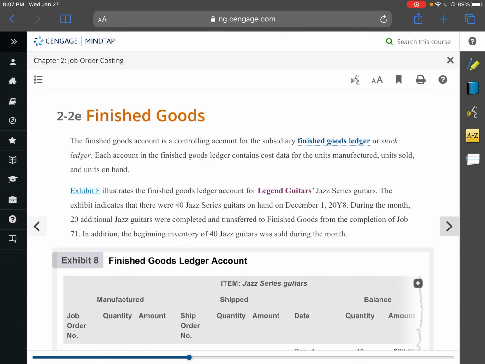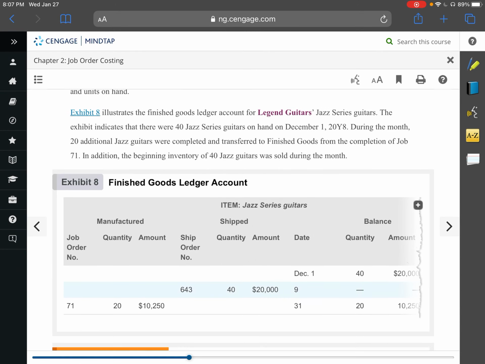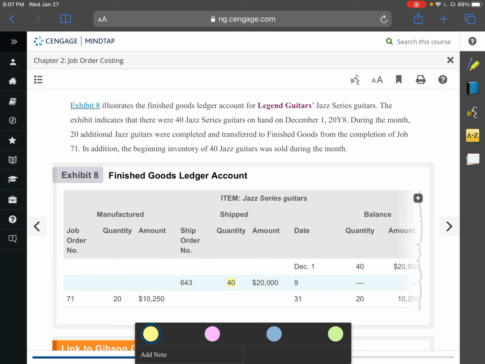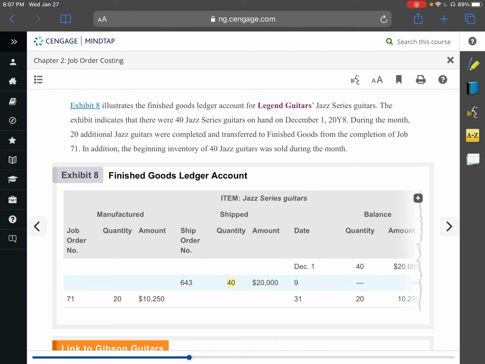All right, so now let's look at finished goods. So the finished goods account is a controlling account for obviously our finished goods stock. Okay, each account in the finished goods ledger contains data for goods manufactured, goods sold, and units on hand. So it says the exhibit indicates that there were 40 jazz guitars, which you can see that number right there, on hand on December 1st,